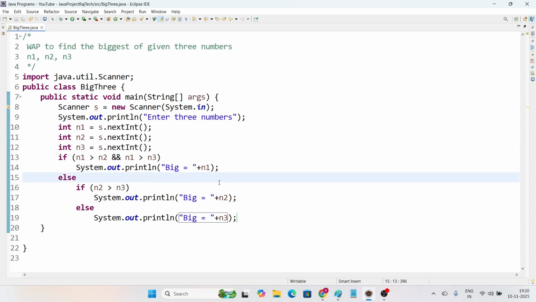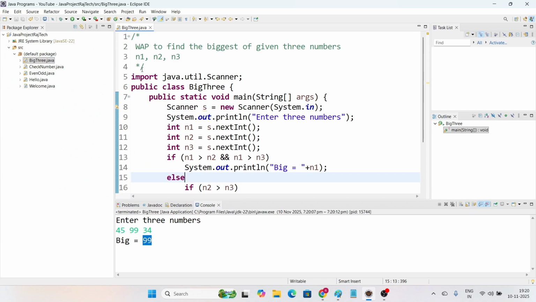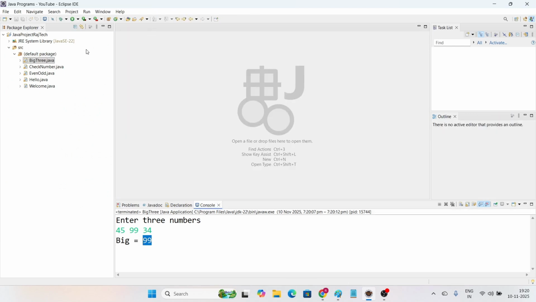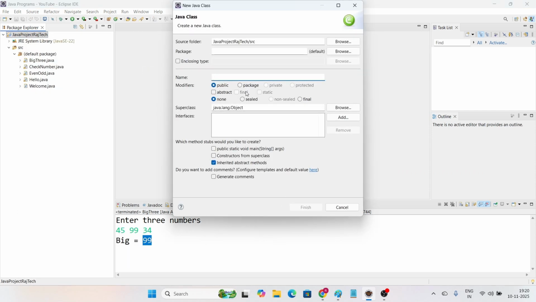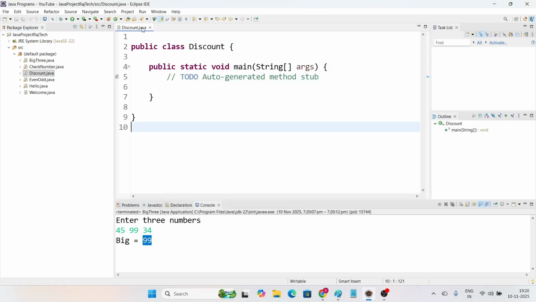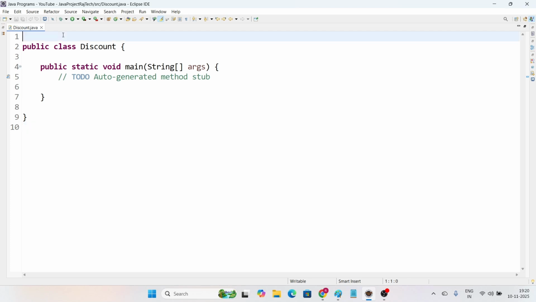Let us go with one more example using if, that is the discount program. Right click on project and say new class. Let me go with the name Discount with main method. Now let me elaborate the task we are going to do here. The program is: